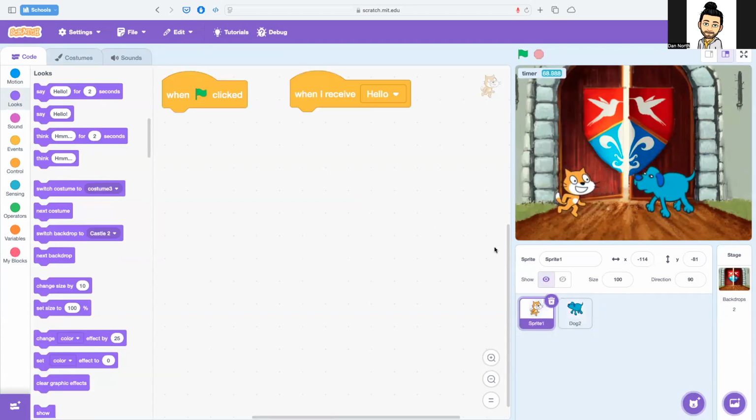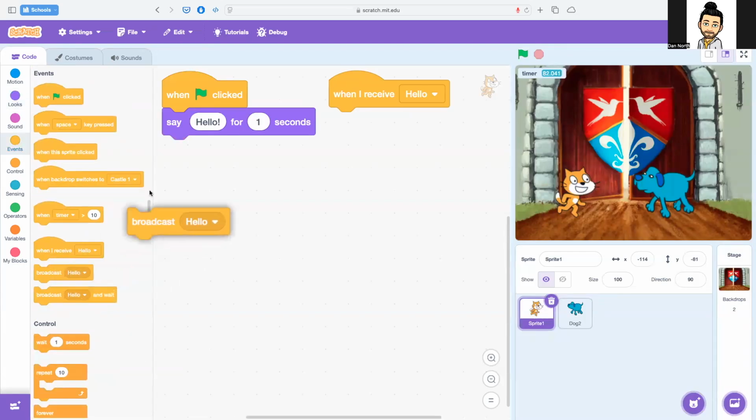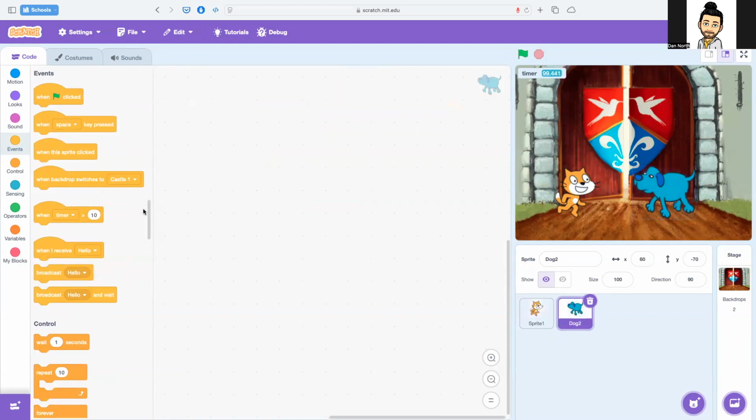And now what I can do is I can tell Scratch when the green flag is clicked, I want Scratch to say hello for 1 second. Then I want Scratch to broadcast the message hello. Now, this message will not come up on the screen. This is not a message in our program. It's a message in our code. So I'm going to go to my dog and I'm going to say,